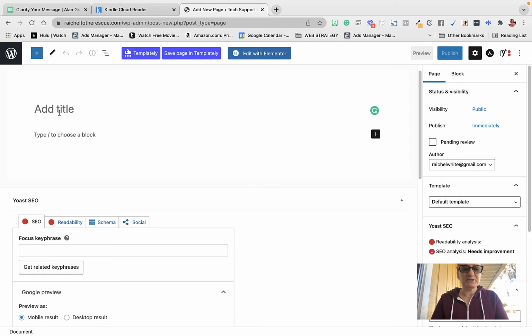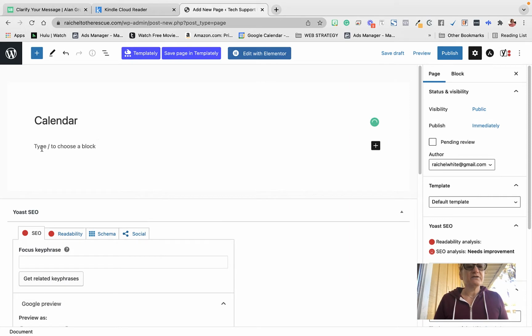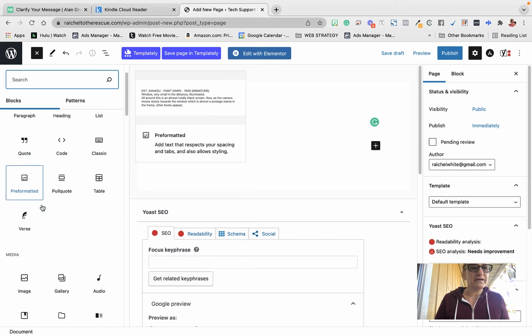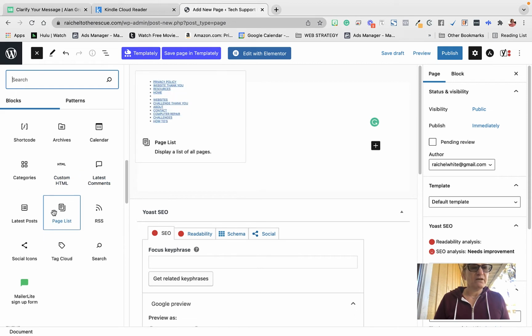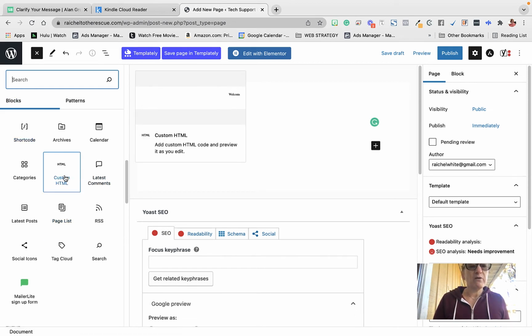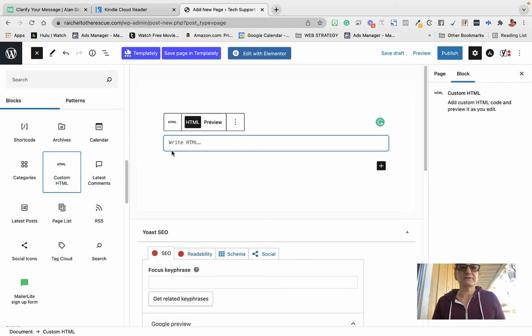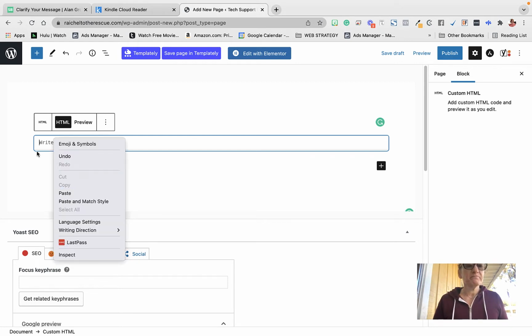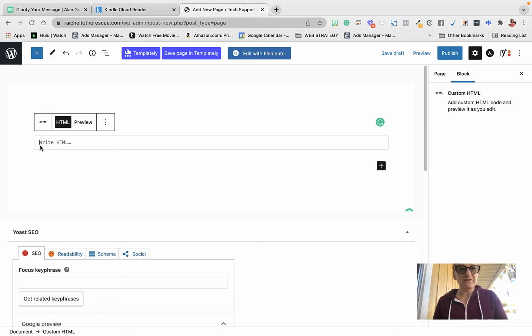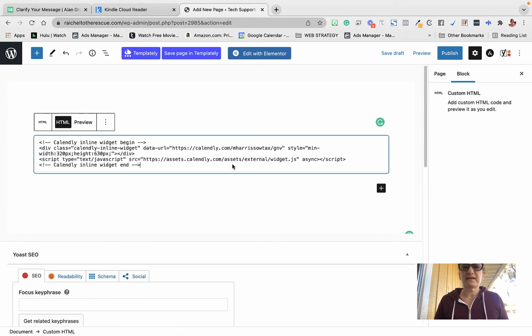Okay, so I'm just going to put in calendar because it's just temporary. Okay, so here it says type, choose a block. So what I want is probably easier to search, but what I want is a custom HTML block. So it adds it, and then I'm just gonna paste it. So you can either right click, select paste, or if you're on a Mac, Command V, or if you're on a PC, Control V. So I'm just going to paste that,